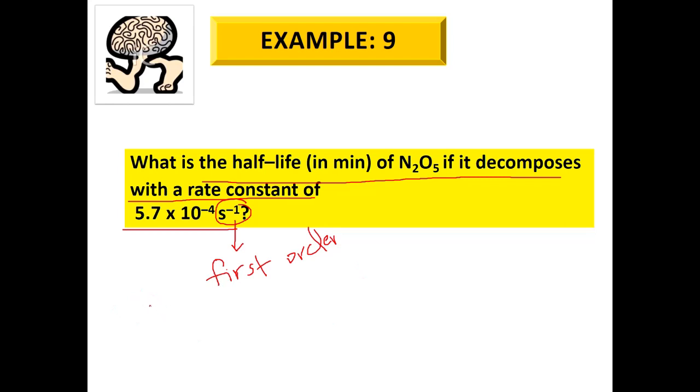So the half time t1/2 is equal to ln 2 over k. With k as 5.7, ln 2 over k, you will get